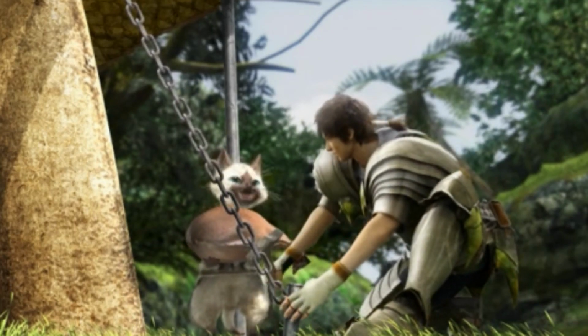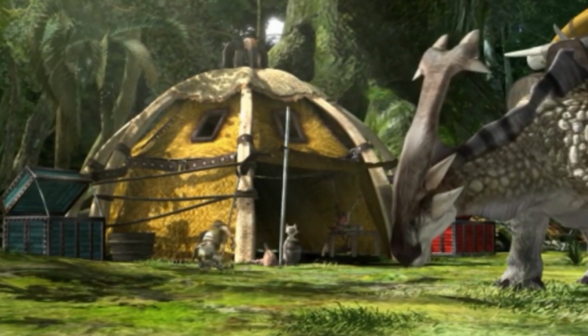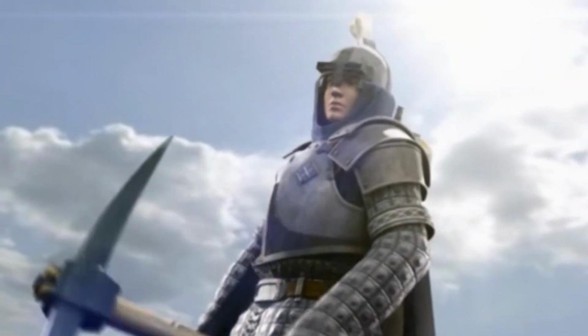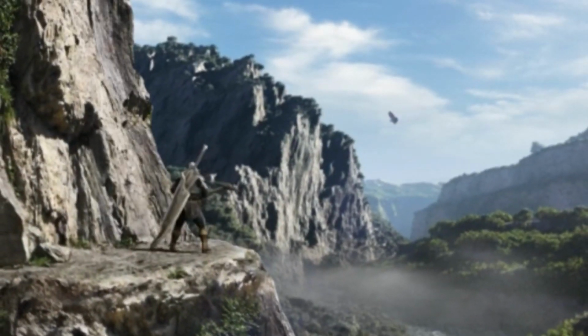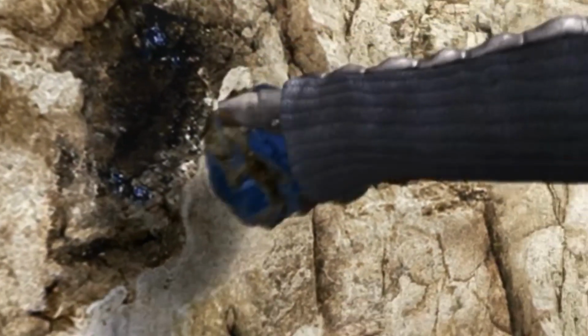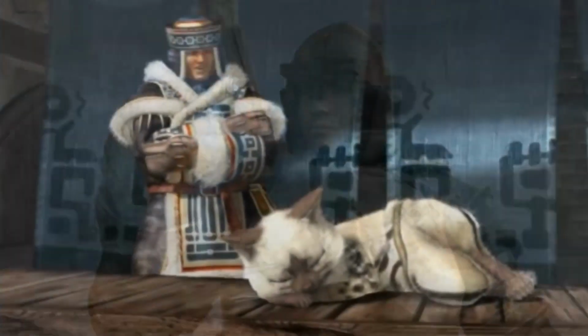We start with this hunter, building his camp in the Foreston Hills, kind of decked out in Rathian gear. You can tell by all of the green bits on it. We see him kind of flash back into Iron gear, where he's thinking back about when he was harvesting some earth crystals or something like that. So he gets these earth crystals, he takes them to the shop, and the shopkeeper kind of